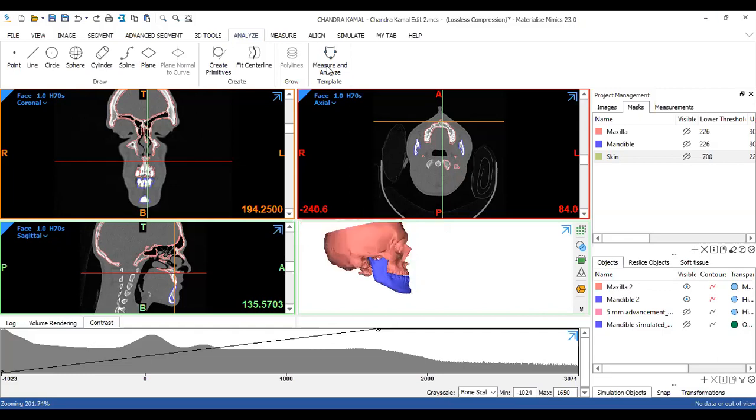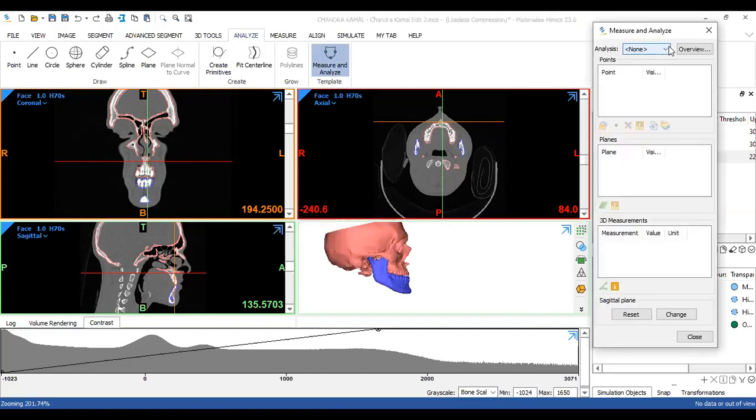So for cephalometric analysis, first go to the Analyze tab, go to Measure and Analyze, right? Then in the Analysis option, you have a drop down. You can select whatever template you want to choose for the analysis going ahead. Suppose right now we're choosing Frankfurt. So I've selected Frankfurt, right?